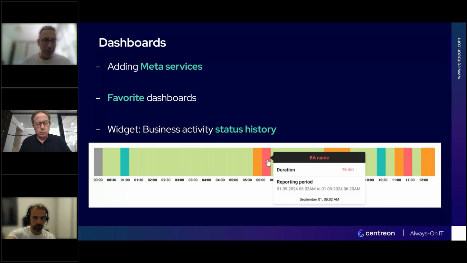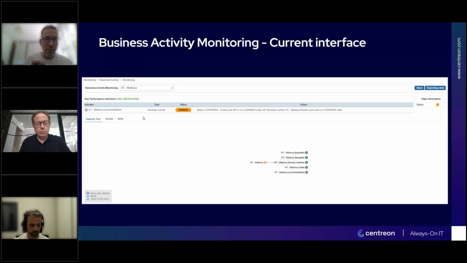And the third one is the new widget concerning the business activity, which is the status history, where you can choose a reporting period and quickly analyze the different statuses your business activity has had during that time. So really helpful if you want to identify any recurring problem, for example. This is available as a standalone widget now in the dashboard, but we can also move on to the new